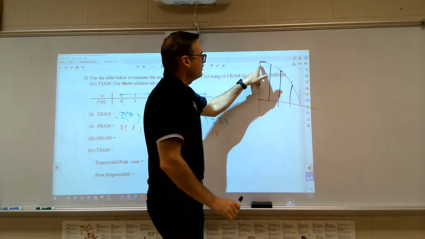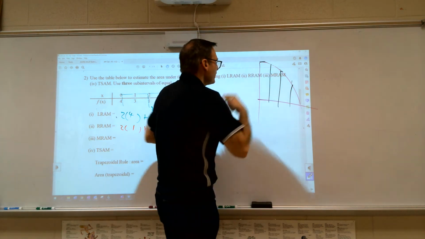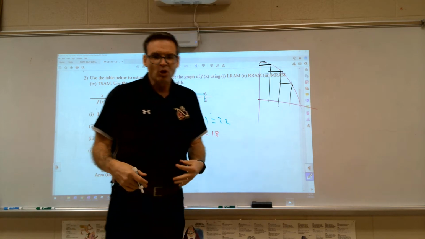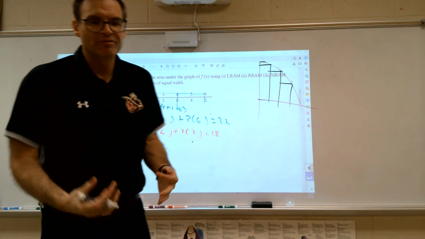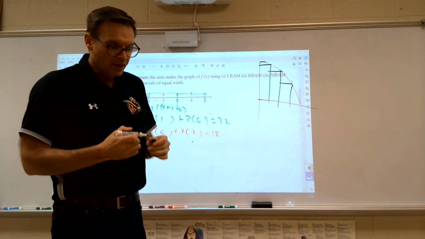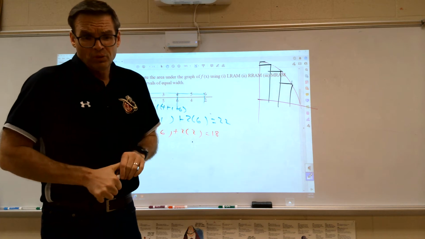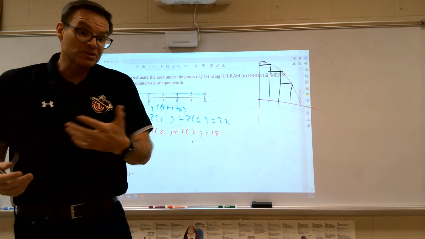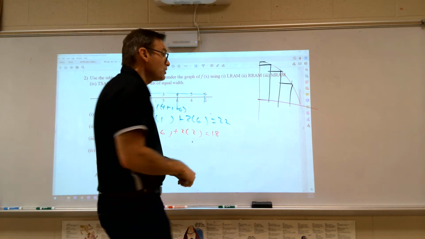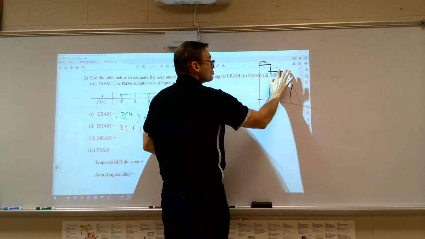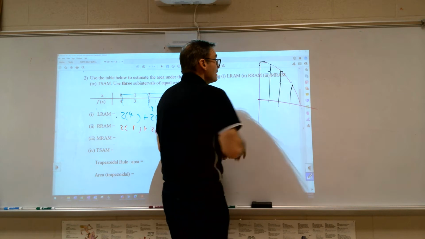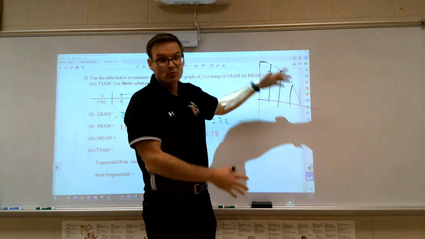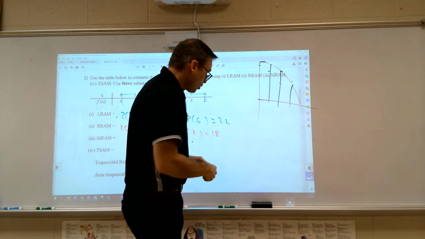If I get my height from the right, then I draw this way, and my rectangles are below the graph, so this is an under approximation. What has the potential to be a better approximation is, instead of getting your height from just the left or just the right, because one of those is above and one is below, what if